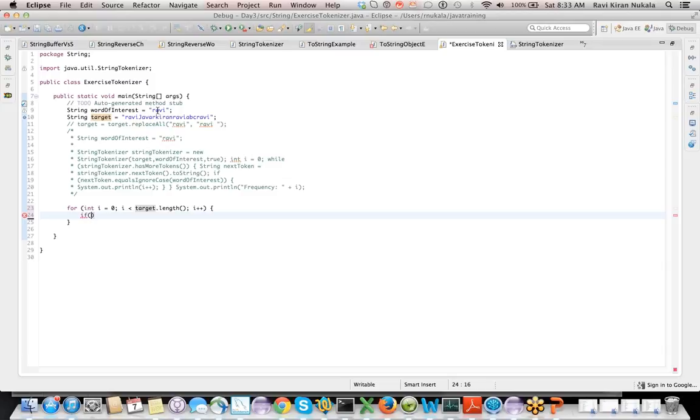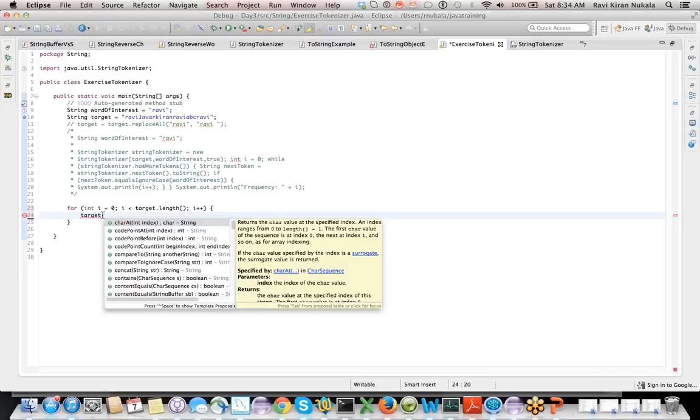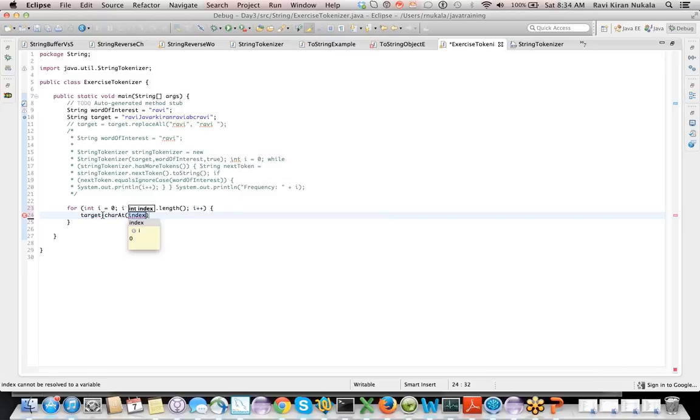I want to bump up your length if it finds anything in R. So if target of i, if target dot charAt i equals, that means to begin with, right?